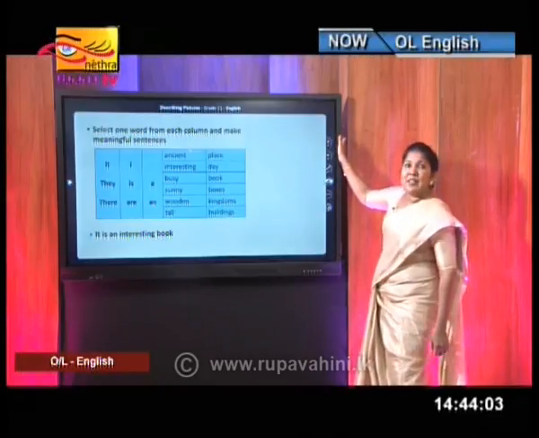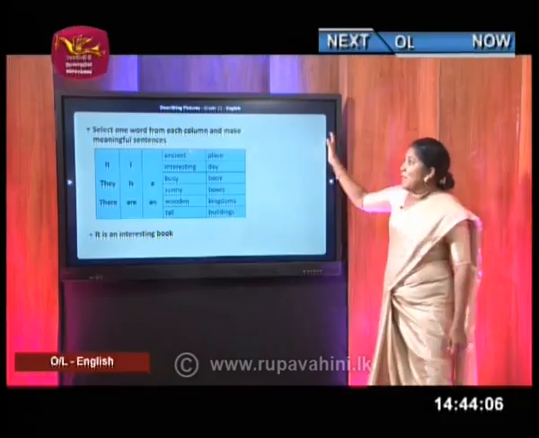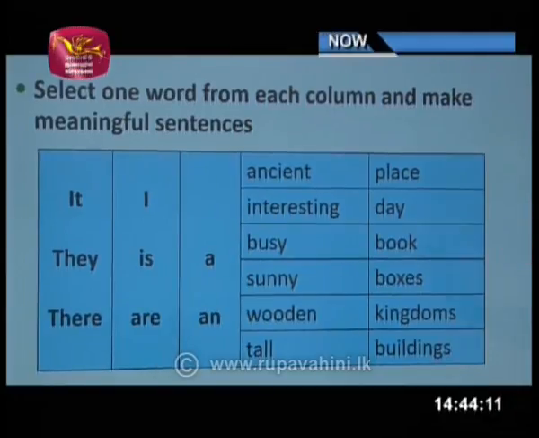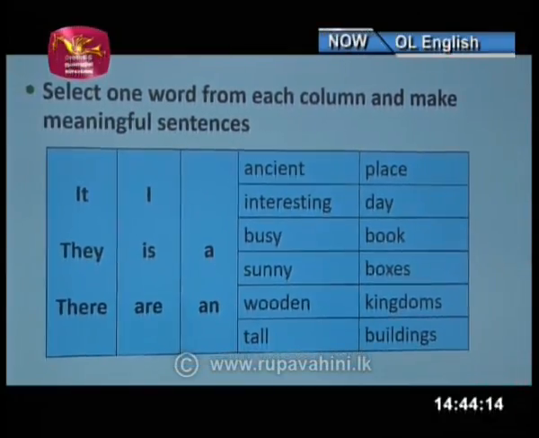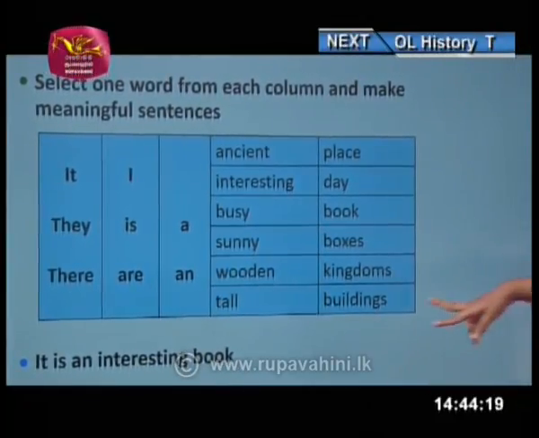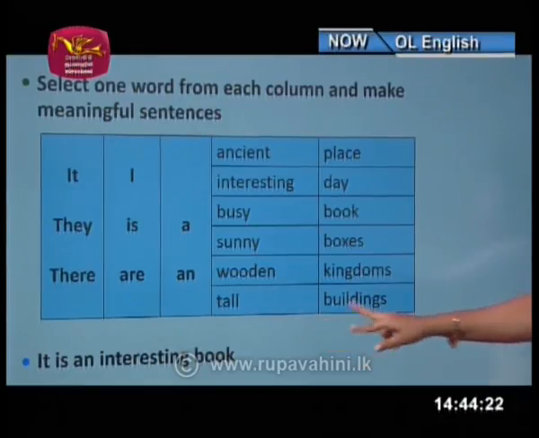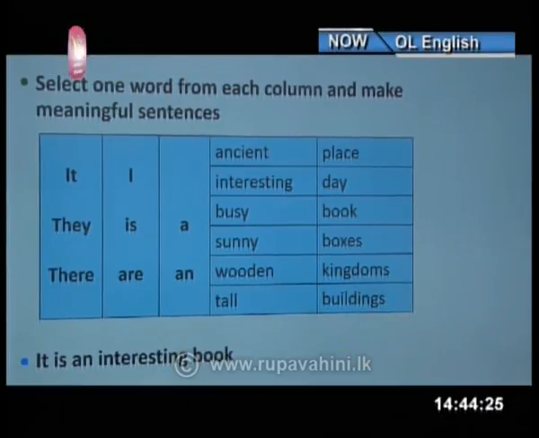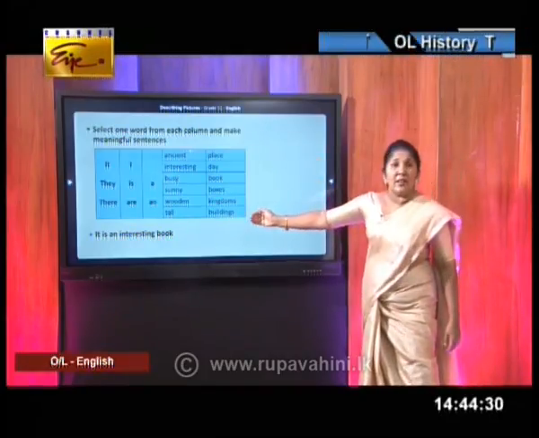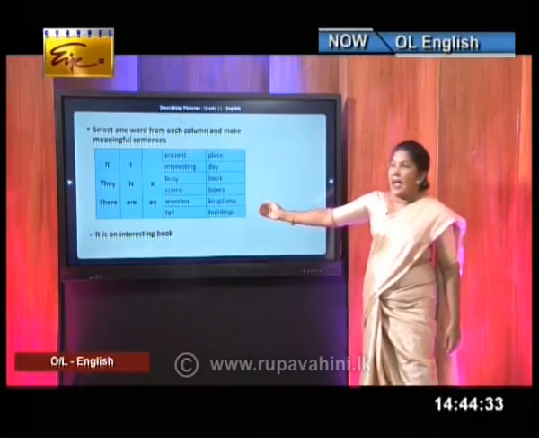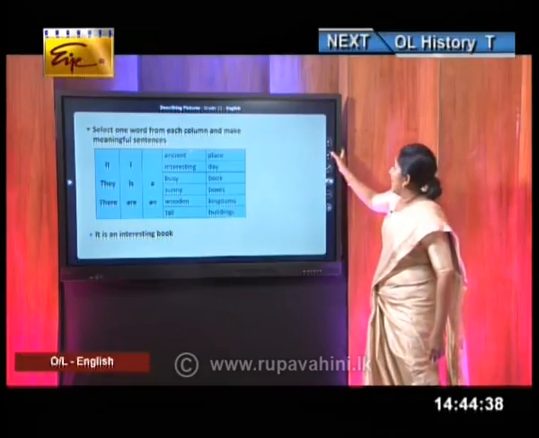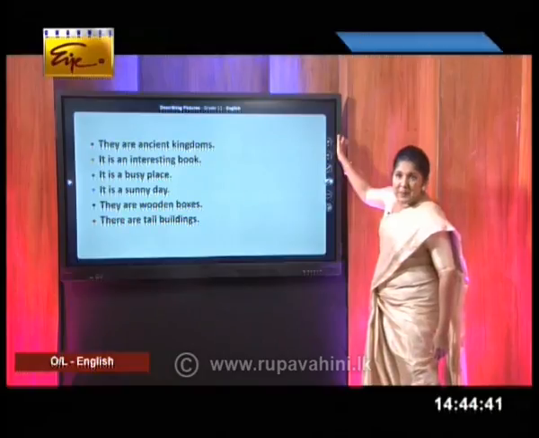Now, this is a bit of a different activity where I have given you a table. Using this table, you have to construct some sentences where we have adjectives as well. Now, I have given you one example. It is an interesting book. And then you have a few more words, adjectives, to construct sentences. And you can do this now. And let's see whether you can have answers as such.